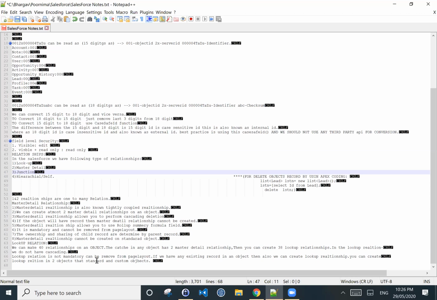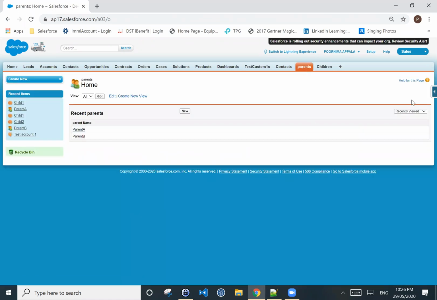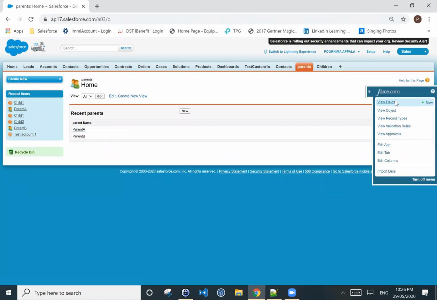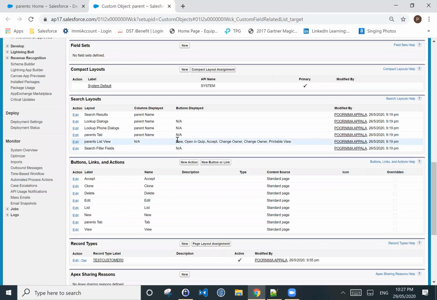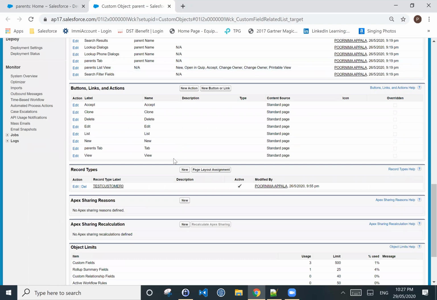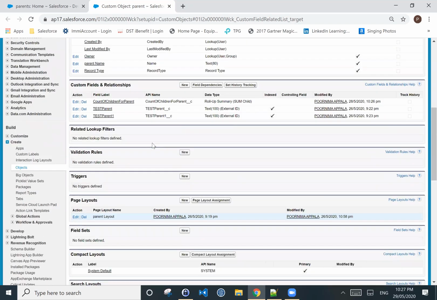If you require that the field should be required on the page layout, that it should not be left blank and you cannot remove that field from the page layout, again master relationship. If you require that the parent's sharing setting should be inherited into the child, it is again the master relationship.